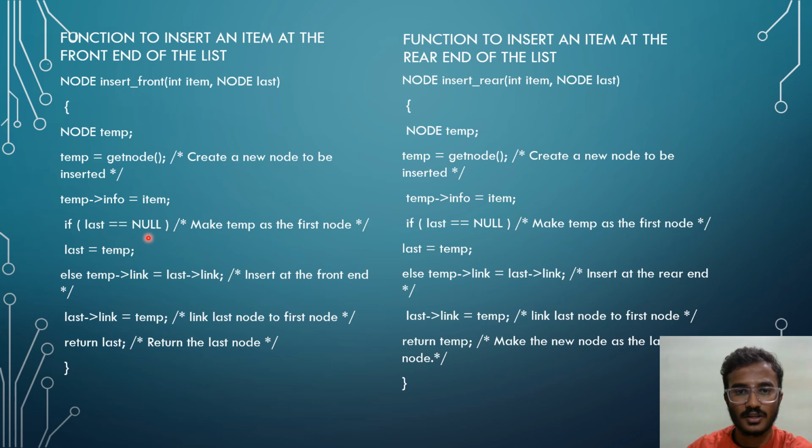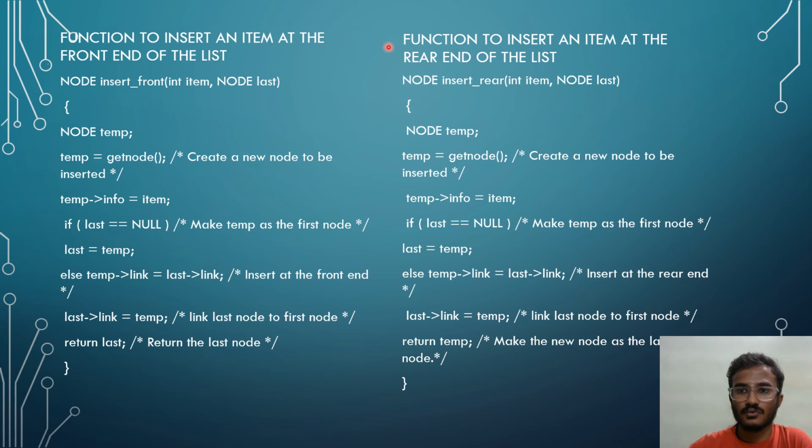If last is equal to null, it means the linked list is empty. Then we have to insert the new node at the front end. At last, we have to link the last node to the first node. Return last. It means the function returns